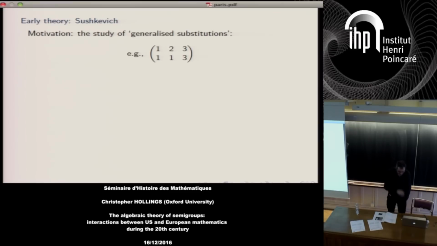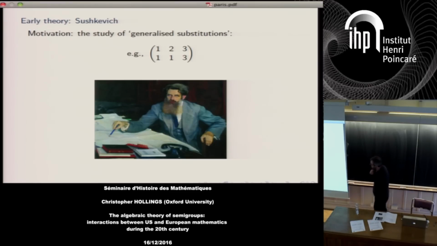So that was the motivation, and he saw his work as being embedded very much in the kind of tradition set up in Russia, subsequently the Soviet Union, by this man, Otto Schmidt, group theorist, Soviet politician, Arctic explorer, who wrote a very influential book in 1916, Abstract Theory of Groups, in Russian. This seems to have been the thing that kick-started a really deep interest in abstract groups in Russia. And so Sushkevich, although he wasn't actually dealing with groups, saw his work as being embedded very much in the sort of literature that Schmidt had initiated.